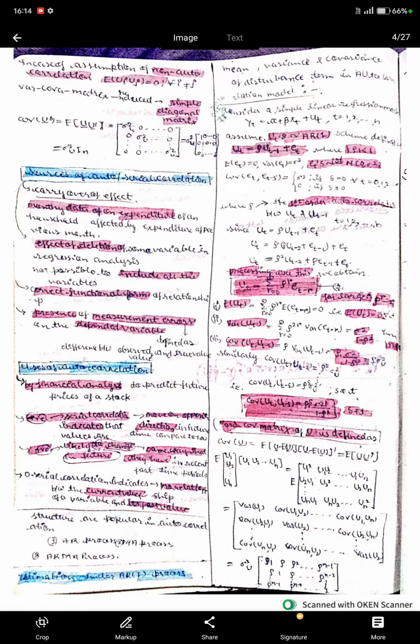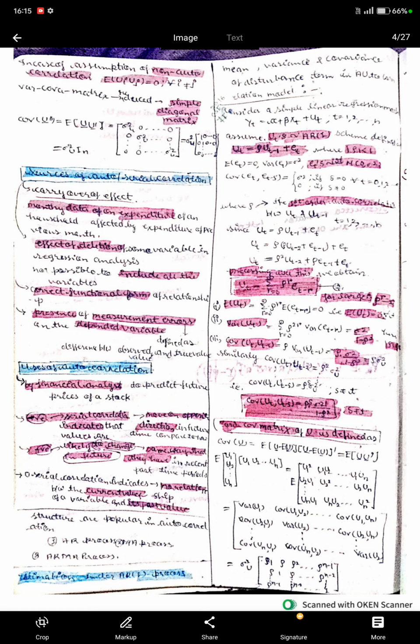Expectation of et equals 0, variance of et equals sigma square, and the et's are IID normal 0 comma sigma square. Covariance of et comma et minus s equals sigma square if s equals 0, for all t taking values 1, 2 and so on to n, and covariance equals 0 if s is not equal to 0,